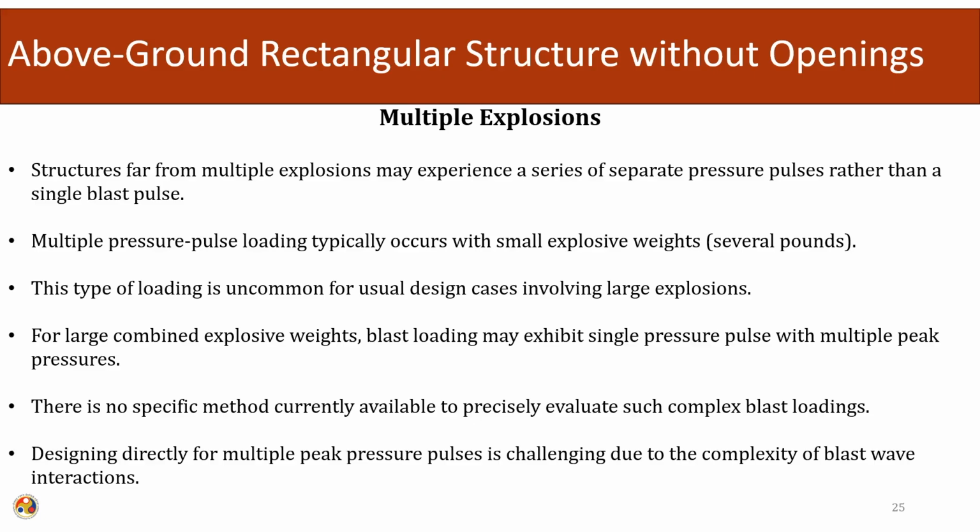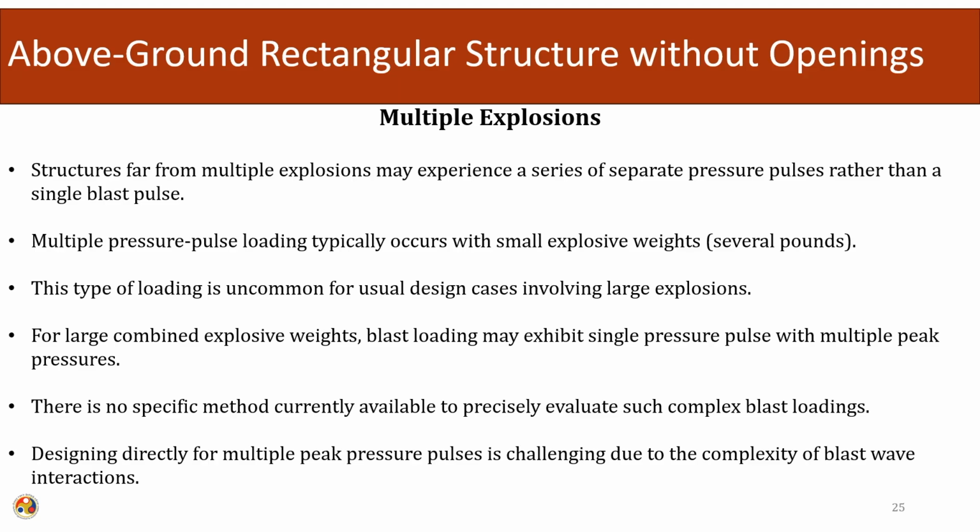Now, we have looked into the case of one explosion. Now, we will try to see what happens during a multiple explosion. So, we looked into the effect on the blast parameters. During a multiple explosion, what happens to the blast parameters? Similarly, we are extending the same thought and looking into what the effect is on the structure. So, in the first phase, we completed the calculation of the blast parameters, then we applied the blast parameters on the structure, and on the different components of the structure we calculated the equivalent design pressure loading. This pressure loading was due to one explosion, and now we are looking into the multiple explosions.